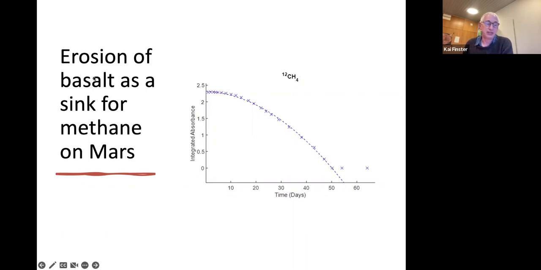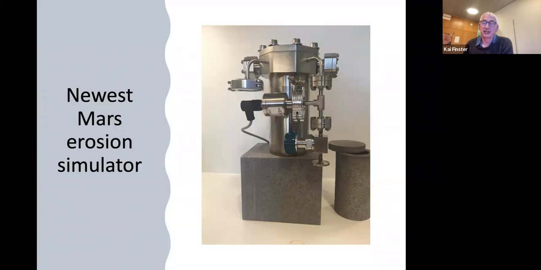But the problem here was that we had basalt in an atmosphere in a tube of quartz, and we were not sure what actually was responsible for the reaction, whether it was the basalt or the quartz. So we designed a new experiment, and for that we got some basalt from Iceland, and the basalt happened to have about the same composition as the basalt that has been analyzed on Mars. So we got a rock from Iceland. We drilled it, made an ampule.